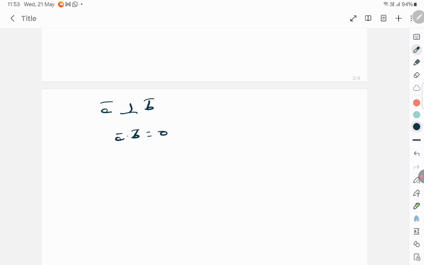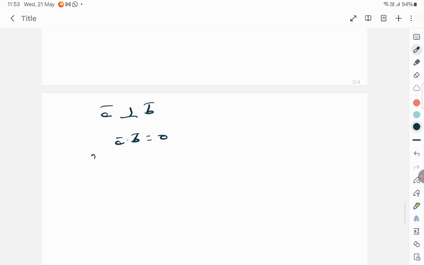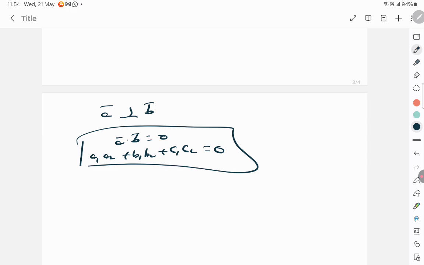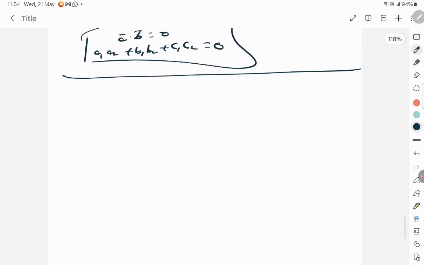Because the dot product has cos theta, cos 90 will come for perpendicular vectors, so a dot b is 0. Or in other words, a1 a2 plus b1 b2 plus c1 c2 is equal to 0. These are the conditions for perpendicular vectors. So next is projection. Supposing you want to project a vector on b vector, it's a vector